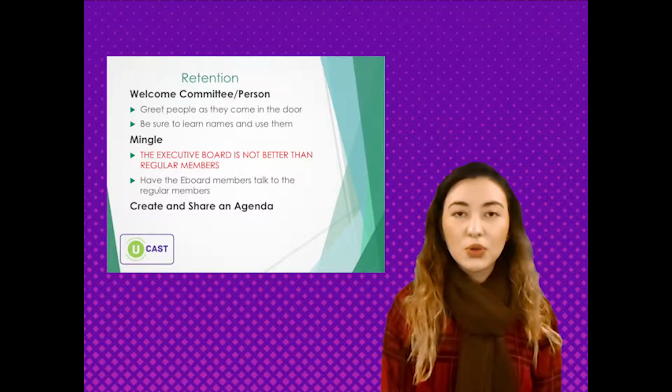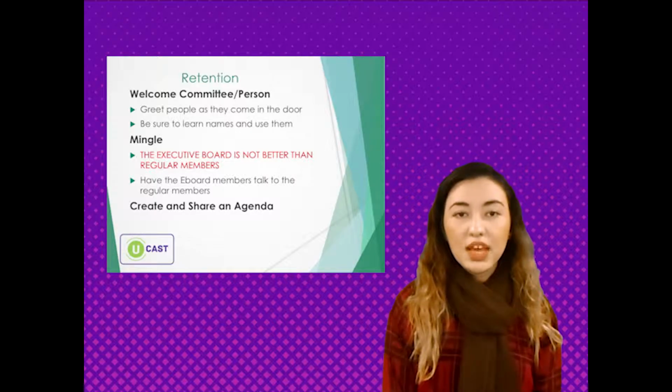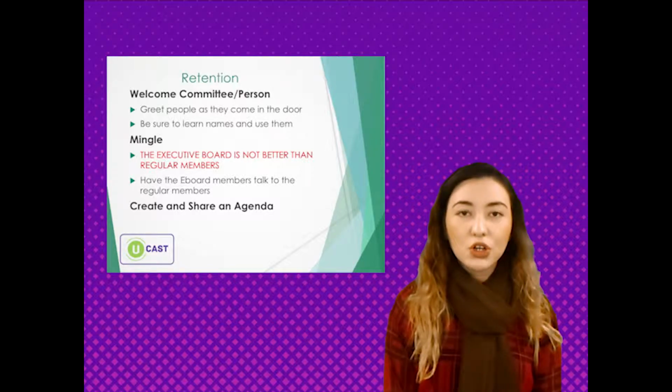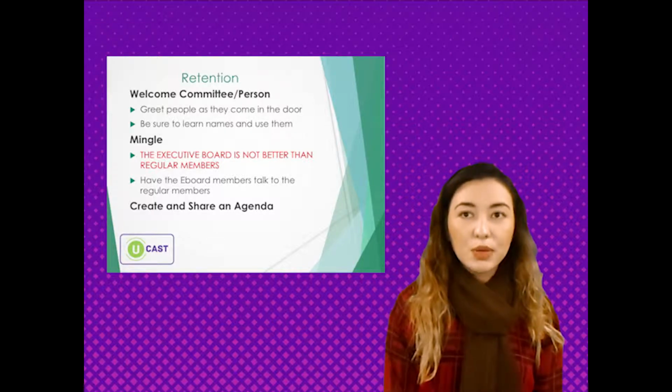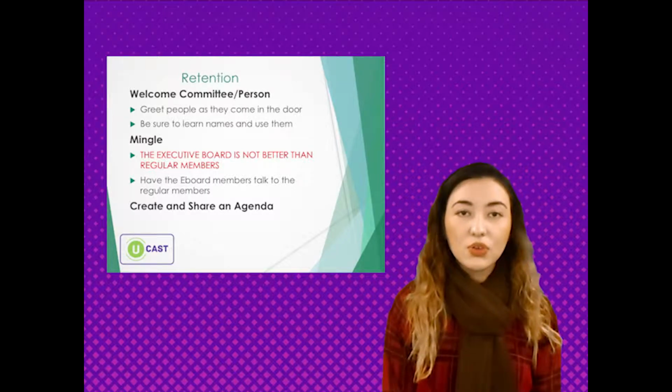Nobody wants to go to a new group and feel like the organization is ignoring their presence. A great way to help people feel they are welcome to an organization would be having a committee of people or a single person stand by the door of every meeting and welcome returners as well as newcomers. If it is a new person coming to a meeting, make sure the welcome committee talks to them for a bit and introduces them to returning members.